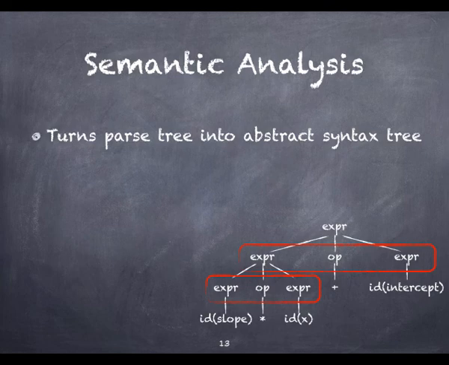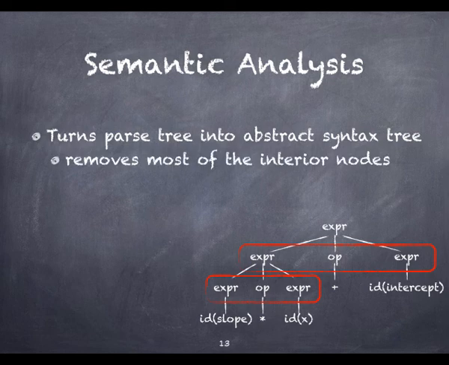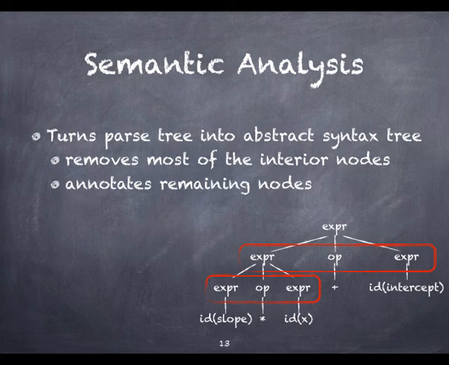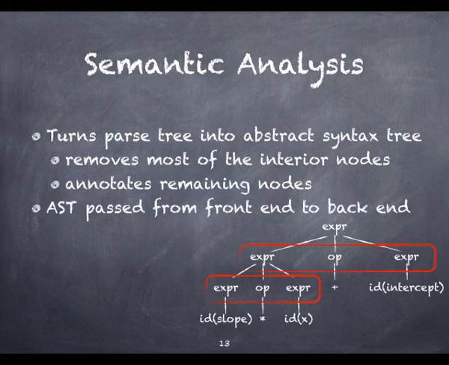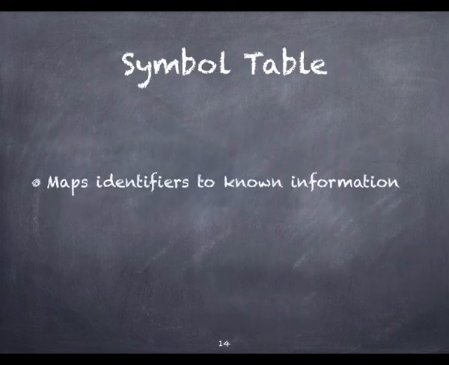The semantic analyzer typically transforms the parse tree into an abstract syntax tree by removing most of the artificial nodes in the tree's interior. The semantic analyzer also annotates the remaining nodes with useful information, such as pointers from identifiers to their symbol table entries. In many compilers, the annotated syntax tree constitutes the intermediate form that is passed from the front end to the back end. To assist in its work, the semantic analyzer typically builds and maintains a symbol table data structure that